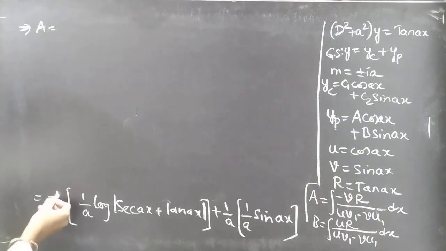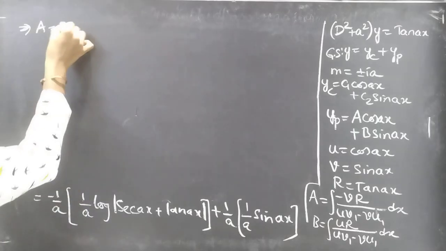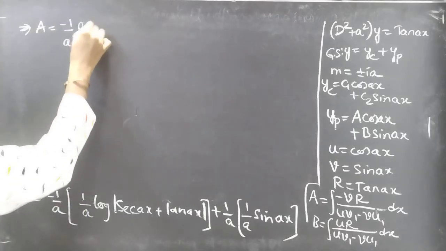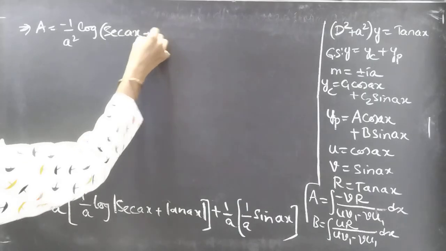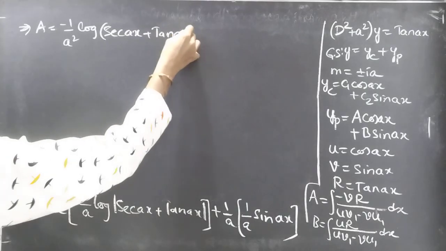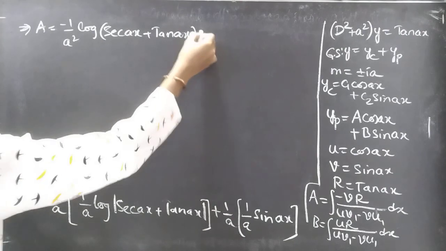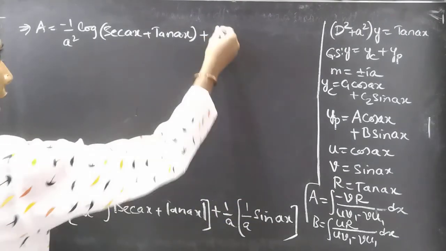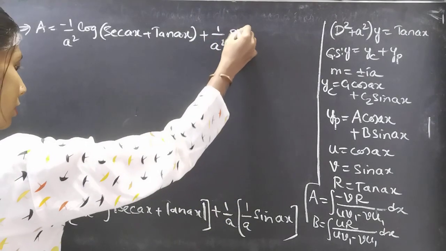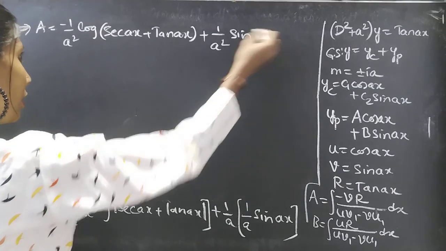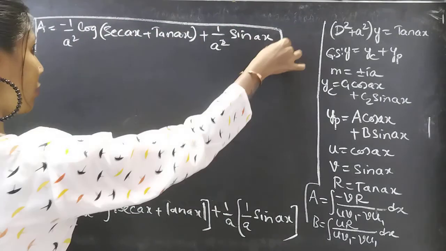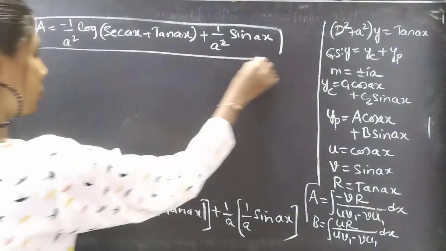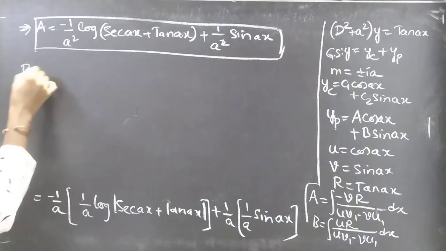Then a is equal to minus 1 by a into 1 by a is minus 1 by a square log secant ax plus tan ax, plus 1 by a into 1 by a is 1 by a square sine ax. So we got a. Let's now find b. B is given by